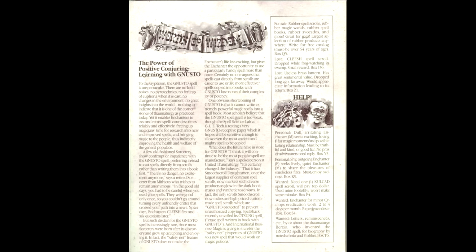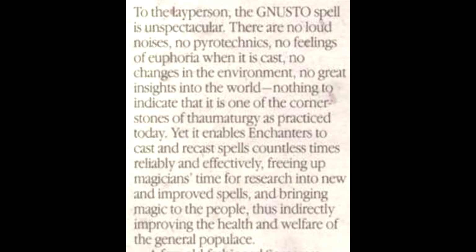It reads, "The power of positive conjuring, learning with Nusto." To the layperson, the Nusto spell is unspectacular. There are no loud noises, no pyrotechnics, no feelings of euphoria when it is cast, no changes in the environment, no great insights into the world, nothing to indicate that it is one of the cornerstones of thaumaturgy as practiced today. Yet it enables enchanters to cast and recast spells countless times reliably and effectively, freeing up magicians' time for research into new and improved spells, and bringing magic to the people, thus indirectly improving the health and welfare of